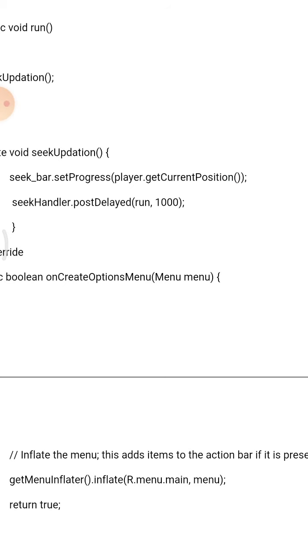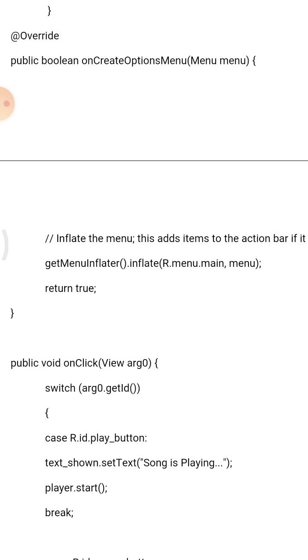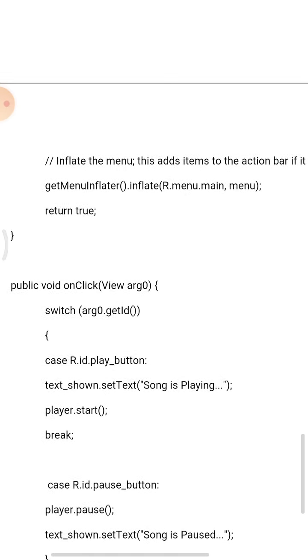the postDelayed method. And for the @Override method, public boolean onCreateOptionsMenu(Menu menu): getMenuInflater().inflate(R.menu.main, menu); return true.